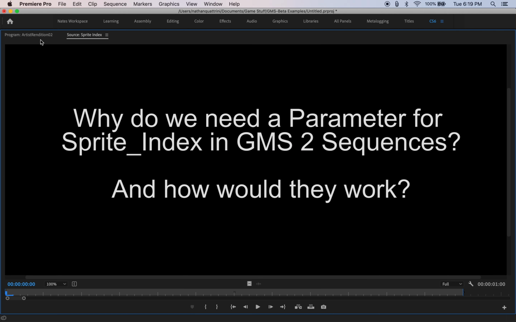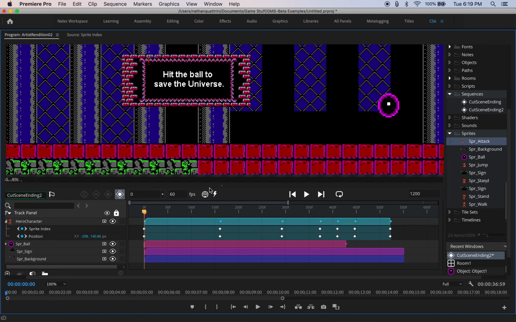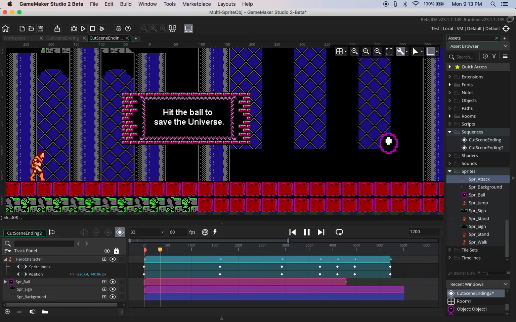What I have here is an artist rendition of what it could look like if we were to have sprite index as another parameter that could be applied to, let's say, a sprite track or an object track. So it would work the same way as any other parameter works, where you would have the ability to keyframe them, and at any keyframe you can change the sprite index. So therefore, if we hit play here,